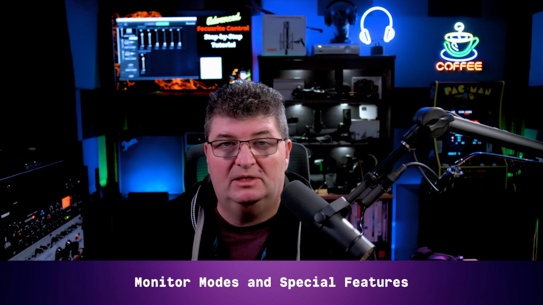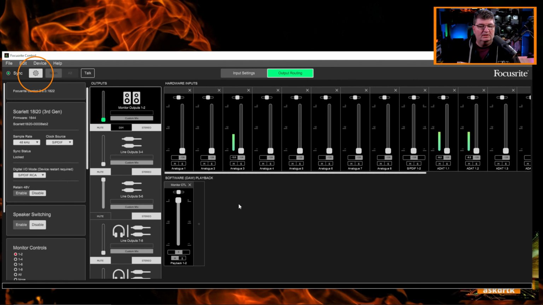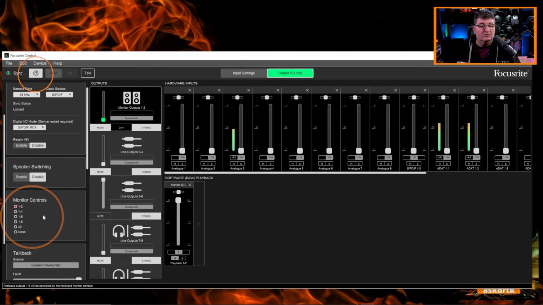And so before I get into ADAT setup, I'll take a quick look at monitor selection as well as some of the special modes available on the Scarlett 18i20. So once again, in the 18i20 here in Focusrite Control, looking down, you will see monitor control, and this is something that's going to be available in a number of the Scarlett interfaces as well as the Clarett interfaces. And what this controls is the monitor level knob on the front of the interface as to which outputs it's going to control. So right now I have this set as 1, 2, which means as I turn that dial, and I'll just go over and turn it, you'll see that it's going to adjust the slider here for number